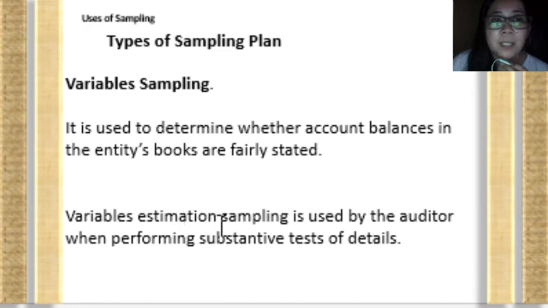And variable estimation sampling is used by the auditor when performing, of course, the substantive test, because in this case, he will be concerned about the amount. Okay, so those are for the different uses of